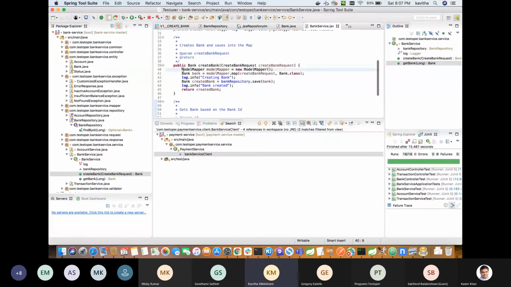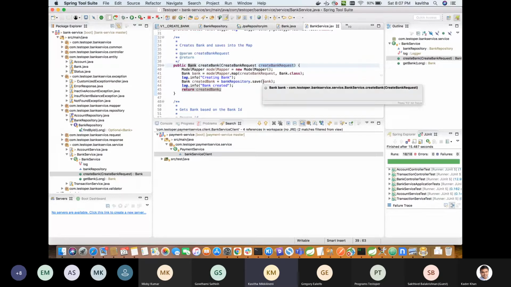The model mapper is something which will convert the request coming into this class back into the entity class. We don't have to do a get and set for the mapping here.